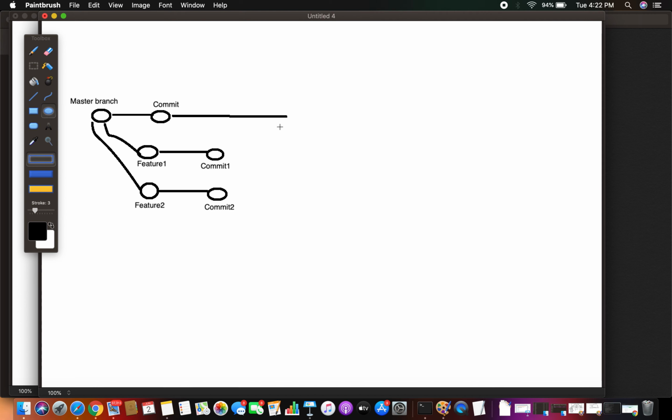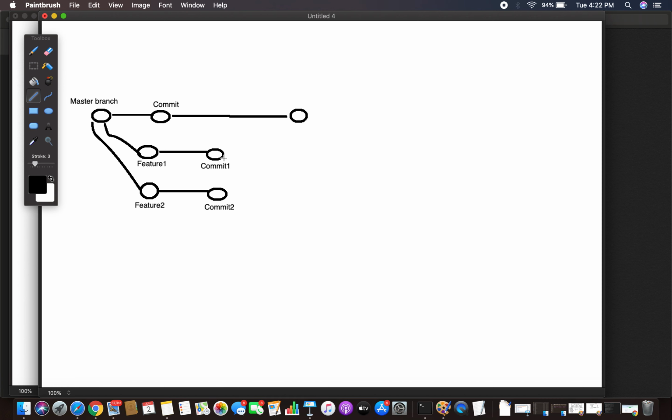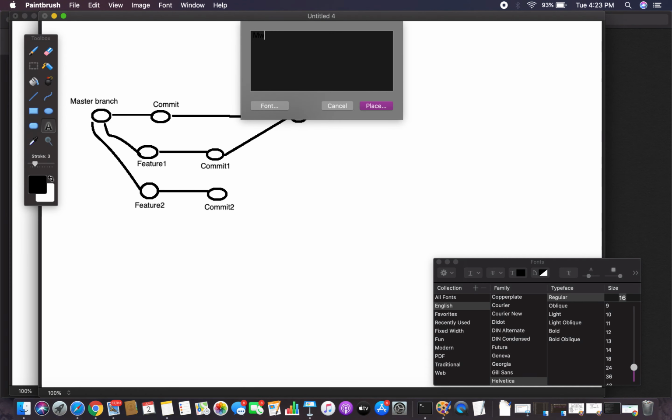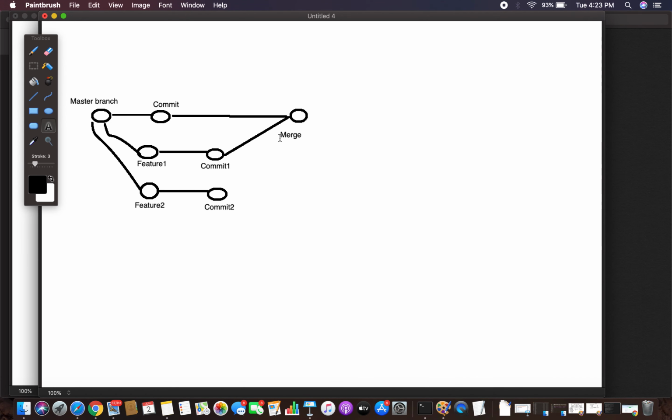Once you merge, this particular commit will be merged into the master branch. Whatever new code you changed in feature branch 1 is also available on the master branch, so you merged your code. If you are getting these changes from this branch into the master branch as a new commit, this is called a merge.